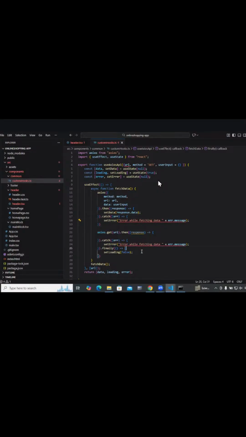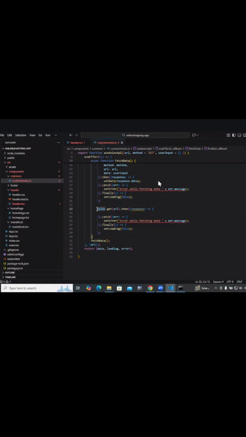Set loading as false in finally. Okay, so we don't need to go for this.